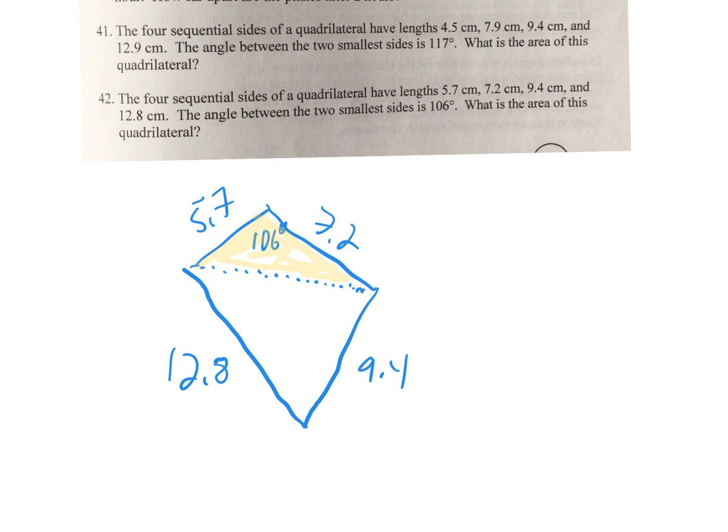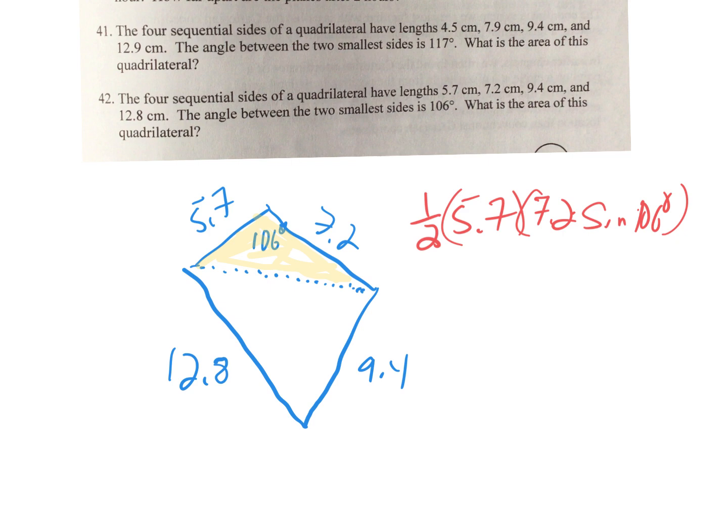So I'm going to do 1/2, and it doesn't really matter what I do, I'm going to call the 5.7 the base, times, remember it's the other side times the sine of 106. The other side will be 7.2 times the sine of 106 degrees, and that will be the area of that